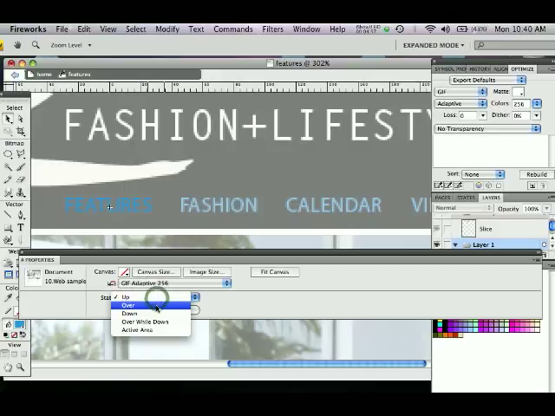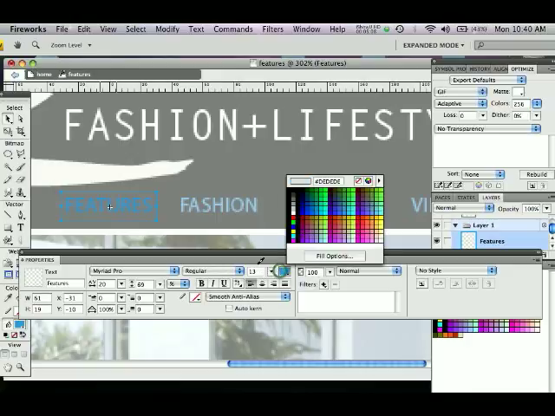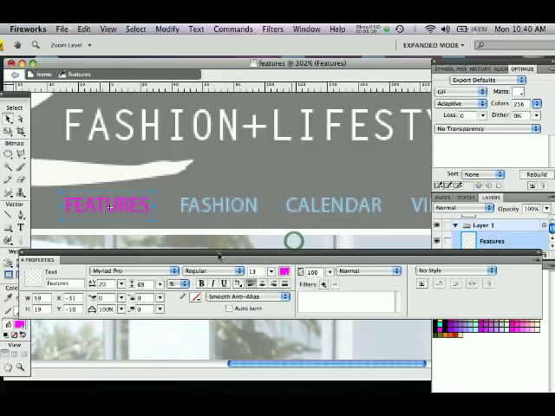So I'm going to select over, copy up graphic. There it is. And let's say I want to change something with this typography. So maybe I want to change the color when it's rolled over. I'll select the text, and maybe I'm going to go from this blue to maybe a pink. So when someone rolls over this, they understand it's navigation and they can click it and it will take them